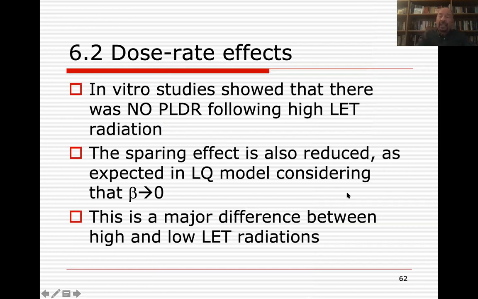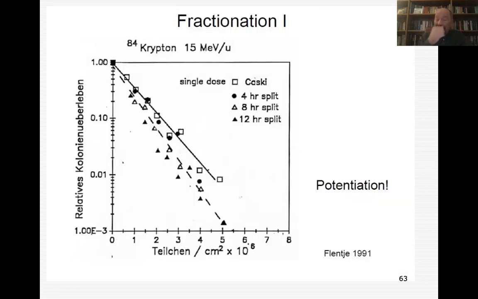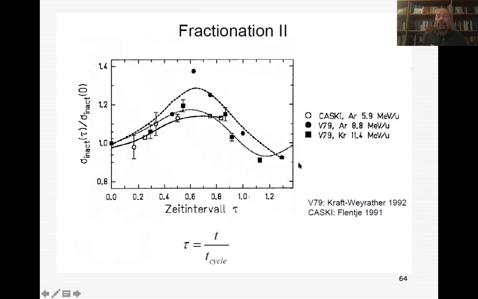The dose rate effect, now again, if you go to beta 0, you should have no sparing effect. So in principle, there should be no dose rate effect, because we say that the dose rate effect is all about eliminating the intertrack effect. And in fact, these are experiments with fractionation. Some old experiments even show possible potentiation if you fractionate, but this is with very heavy ions and very low energy. In most cases, like in this case, this is the